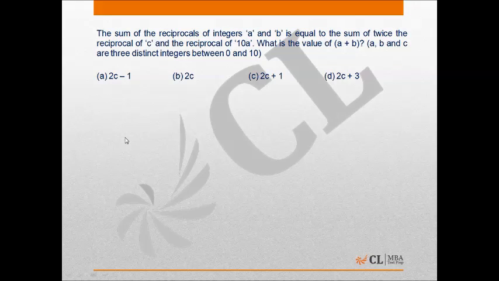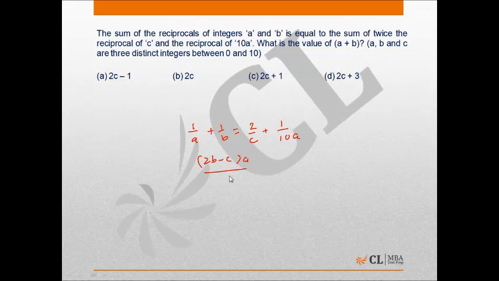In this problem, it is given that the sum of reciprocals of integers a and b is equal to the sum of twice the reciprocal of c and the reciprocal of 10a, which means 1 by a plus 1 by b is equal to 2 by c plus 1 by 10a. On simplifying this equation, we get 2bc minus c